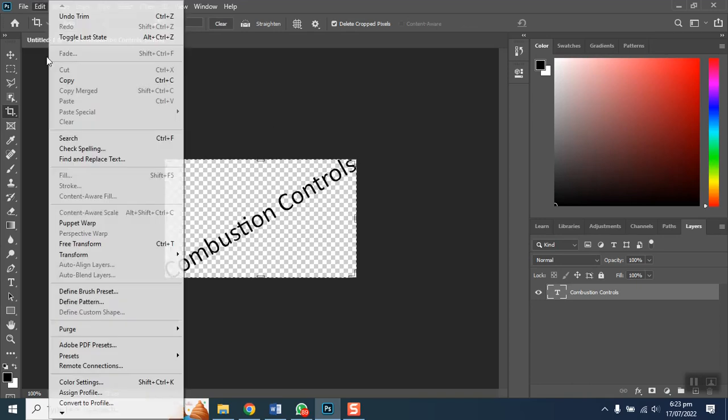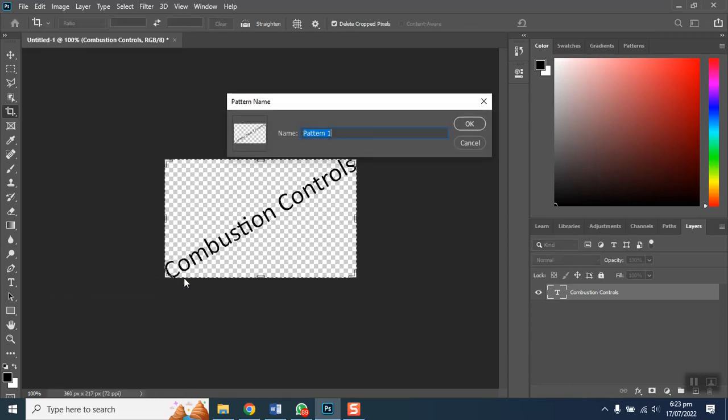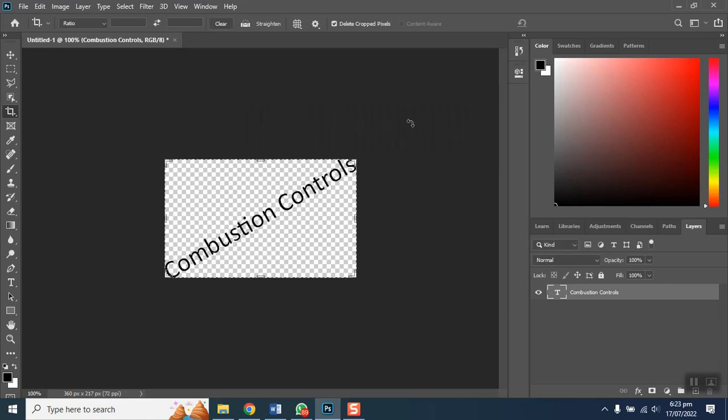sorry, Edit, Define Pattern again, Combustion Controls. Let's say it's pattern 2, for example, because we have already created some patterns, so we will give it Combustion Controls 2 and OK. Now if you like, you can save it, or you can leave it as it is and